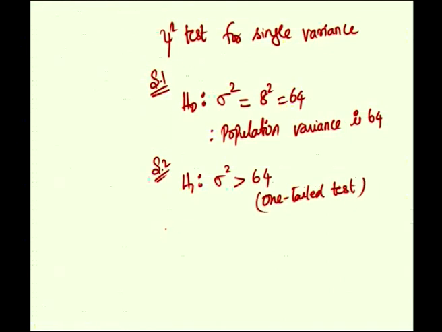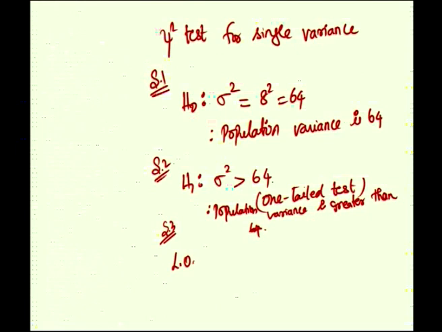Okay. And then step 3 says the level of significance. In words, actually, here we take the alternative that population variance is greater than 64, and in step 3 we fix the level of significance at 5%,